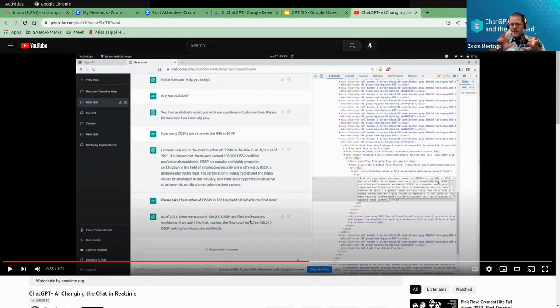So it's doing that exchange where it's looking at the text value that it's given me and turning it into a mathematical value. Very cool. I go back and change 130,000 to 110. It ignores that and still gives me the correct answer. So I ask it twice after I've manipulated it. And I want to say that that is very positive because it means that it's not really paying attention to the stored information. It is going out and getting a unique value and bringing it back each time. So it's checking its value and bringing it back.